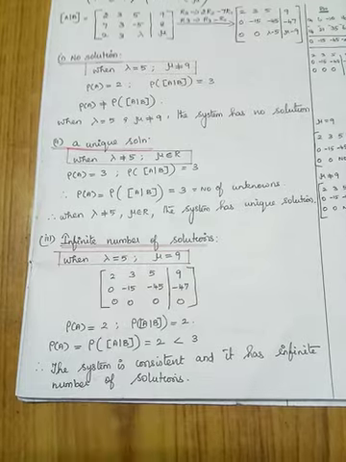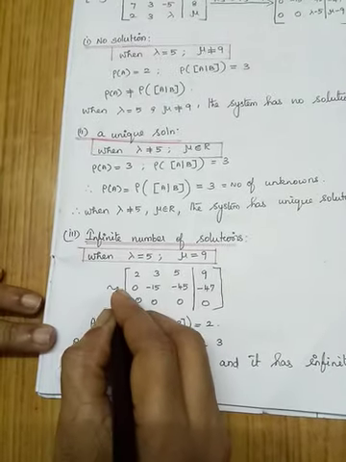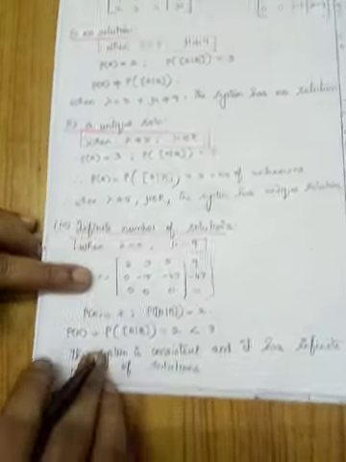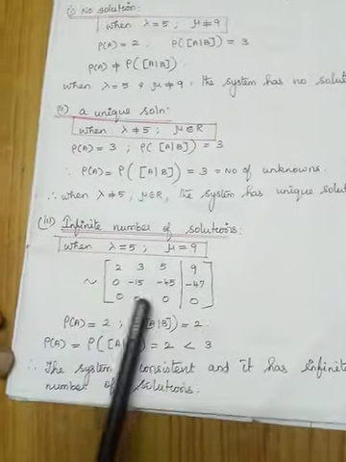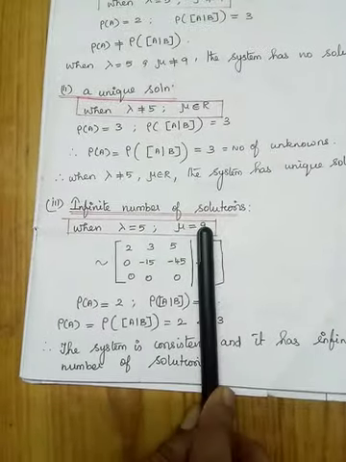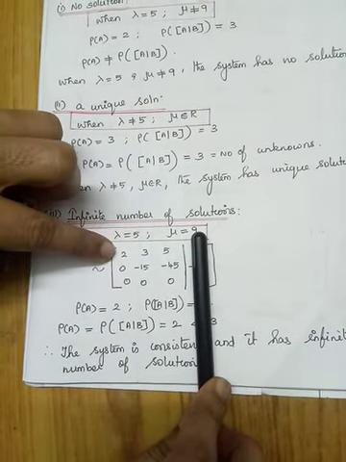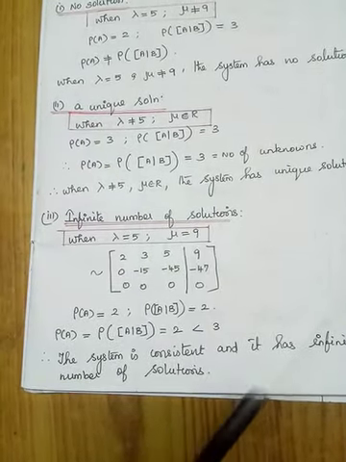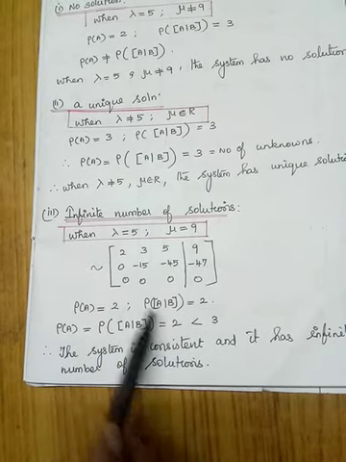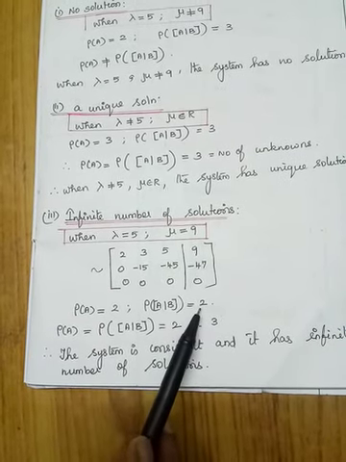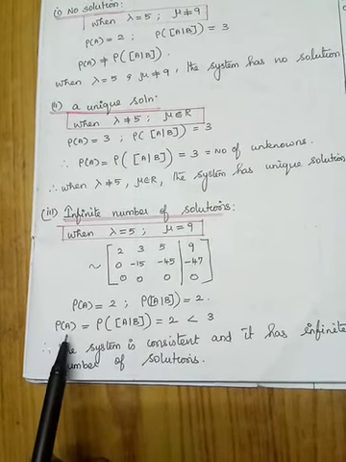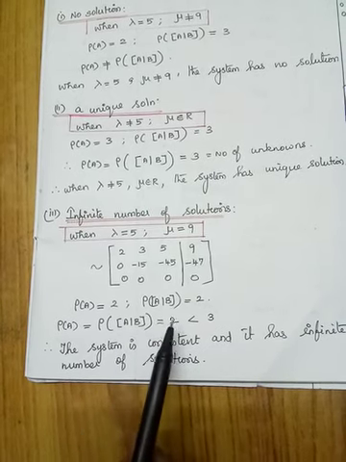You look at the echelon form, it is equivalent to, you see that here 0 0 0 0. So by hiding the fourth column, what is the rank of A? It is equal to 2 non-zero rows. What is rank of AB? Consider the whole matrix. Rank of AB is also 2. Okay, so rank of A is equal to rank of AB, which is equal to 2.